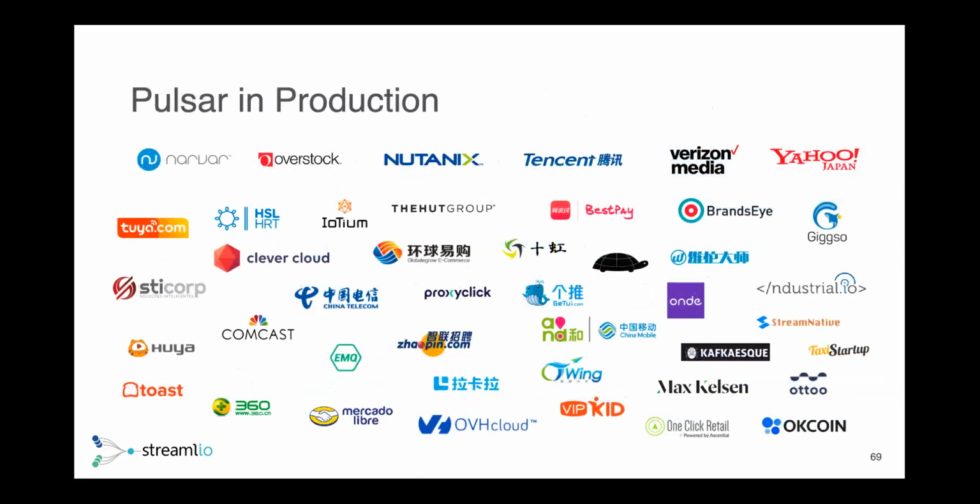Also, all these companies have taken the big leap and moved it into production and are running their production systems on it as well. So you can see there's quite a bit of large companies, diverse companies. I can just mention there's quite a few in China, and if you look at the size of their clusters compared to some of the ones in America, it just puts ours to shame. Multi-thousand node clusters all day, and the traffic that they deal with just puts some of the other websites here in America to shame. They're really quite data intense, and they find that Pulsar is really the only thing that serves their purpose.